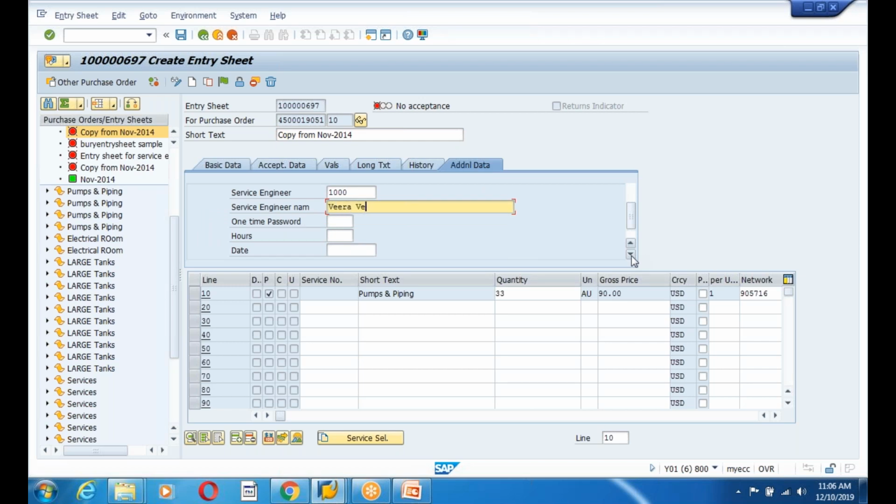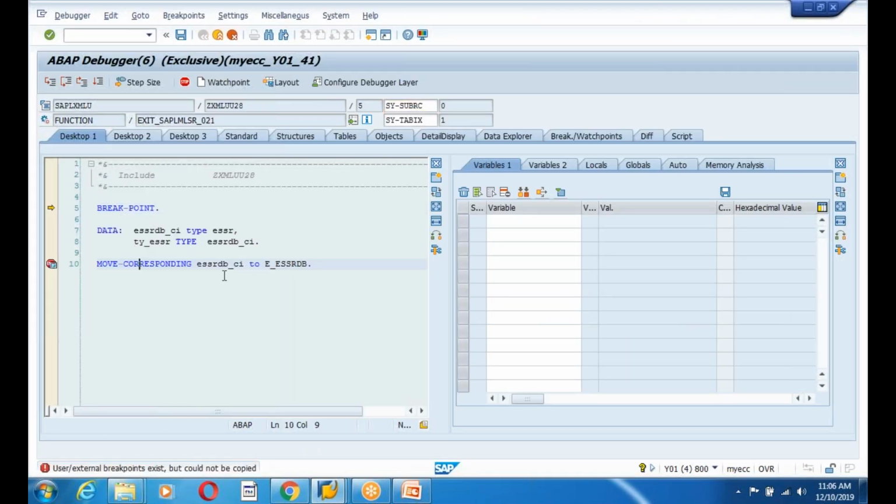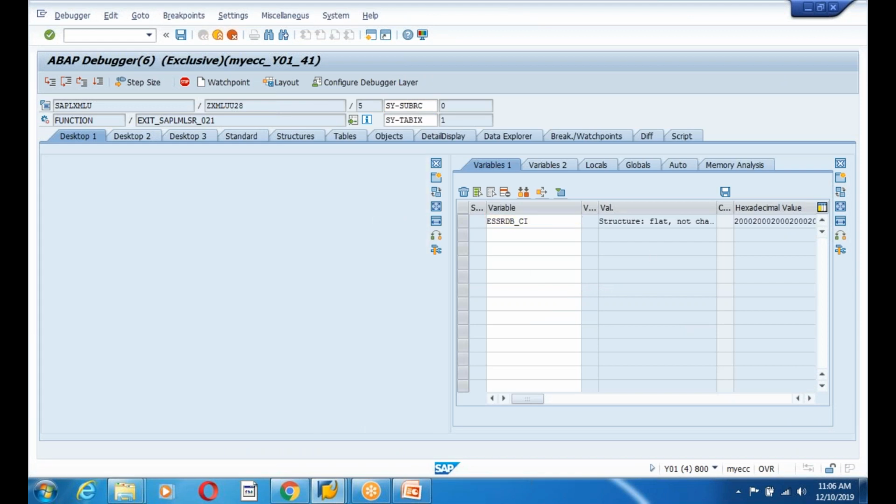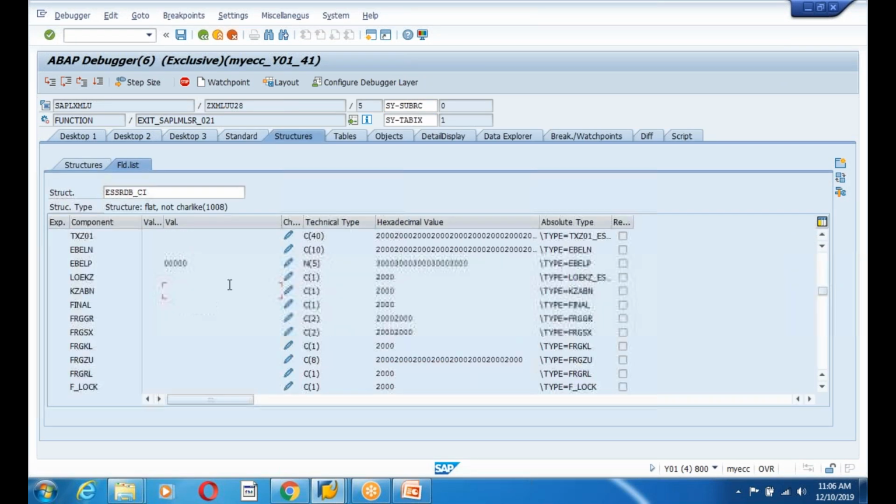Venkata Satya Narayana KVV. Okay, his name, one time password. Hours: he worked for 4 hours, repair, and the date is today's date. This is the date on which he worked. So when you press enter, see guys, double click on this and see,